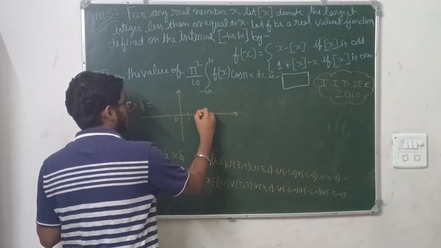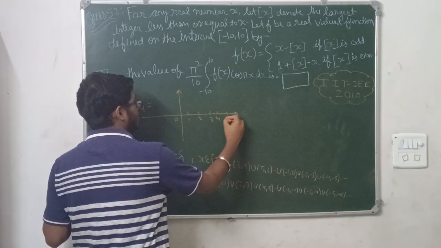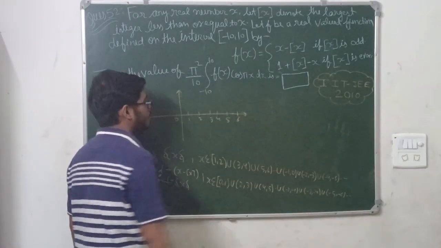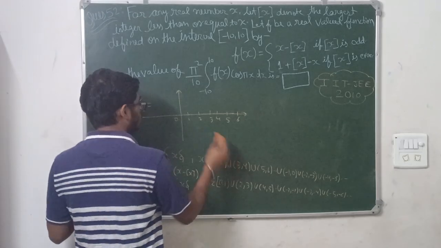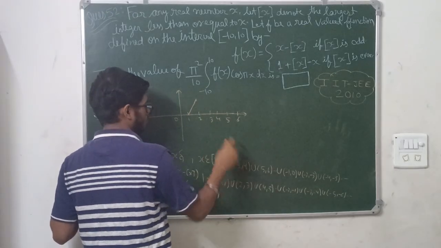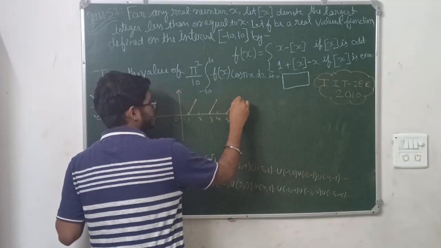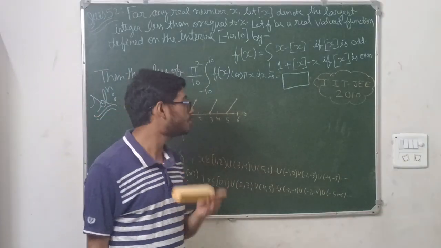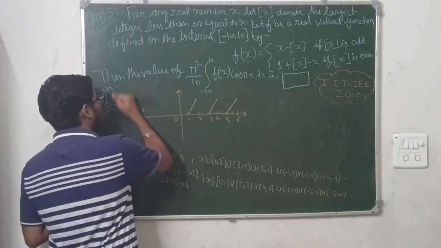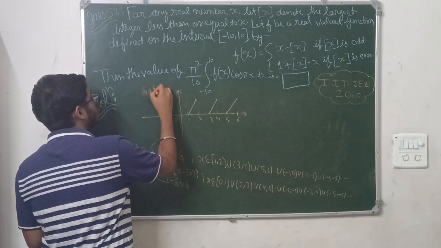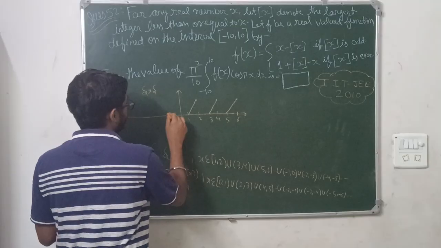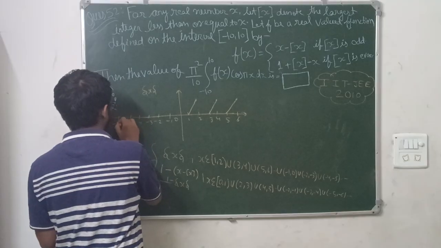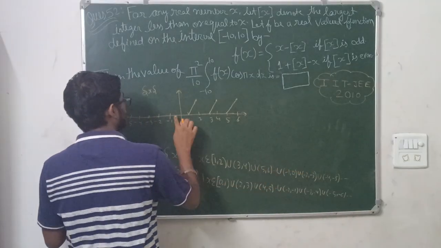0, 1, 2, 3, 4, 5, and 6 as well, because they've included 6, and it will go on till infinity. So this is the graph for 1 to 2, 3 to 4, 5 to 6. I am solving this question by the graphical approach because the graphical approach is quite an easier approach. For the negative side as well, you can draw it like this: -1, -2, -3, -4, -5 as well as -6. It is what, -1 to 0 means.